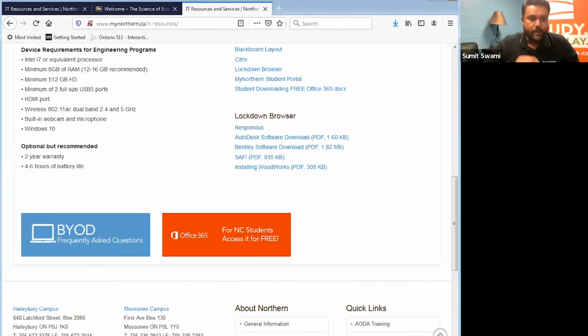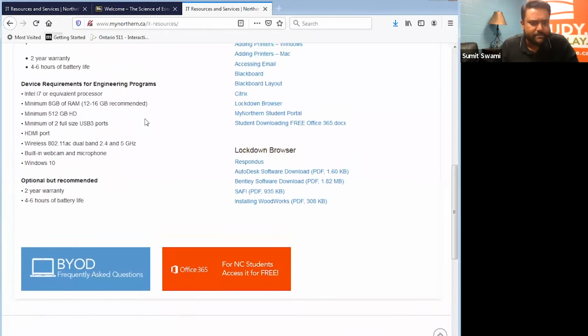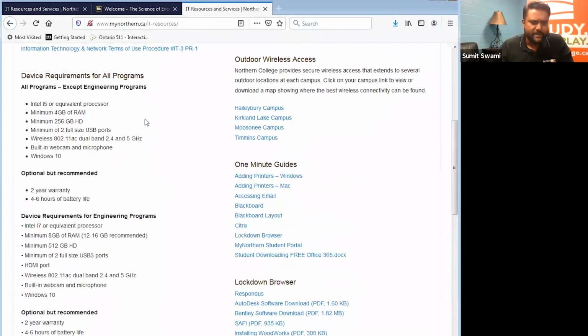So pretty much when I see the specification of those laptop requirements that is supposed to be for the non-engineering students, it's very basic, right? It's a basic computer with an i5 processor, maybe 4 gigabytes of RAM, 256 gigabytes of hard disk, 2 USB ports. I think for the viewers in India, it won't be one of those very expensive laptops that you have to buy. It's pretty much basic. Plus, as Glenn told about that, there is a synchronized and an asynchronized method of online classes too. So you don't have to be online all the time.